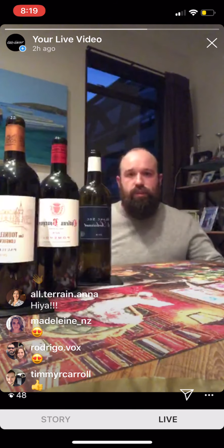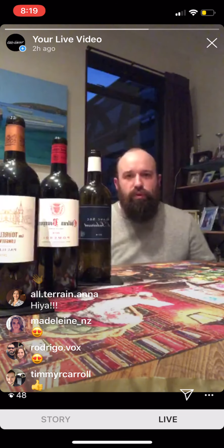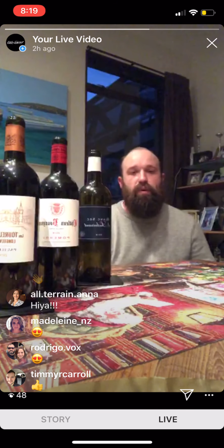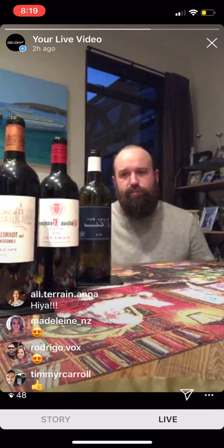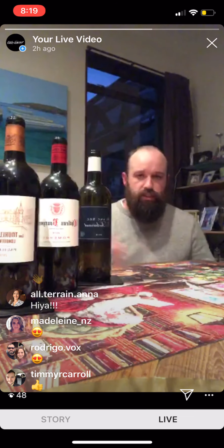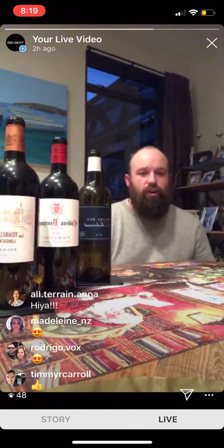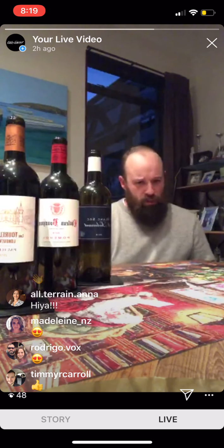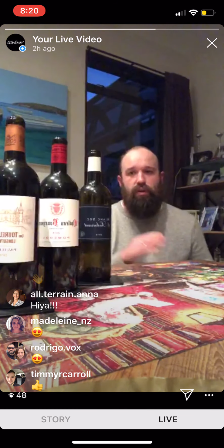From there, we jump across to the left bank, home of the Cabernet-based wines in Bordeaux, the Cabernet dominant wines. This one, Les Tourelles de Longueville. So this is Pichon Baron's second wine. Well, it started off as Pichon Baron's second wine, and has now moved to its own wine altogether. So it comes off a separate plot within the estate. So that's the St. Anne vineyard,